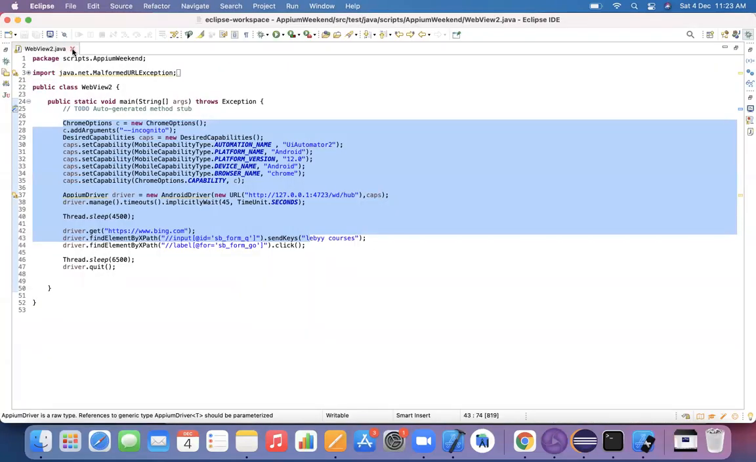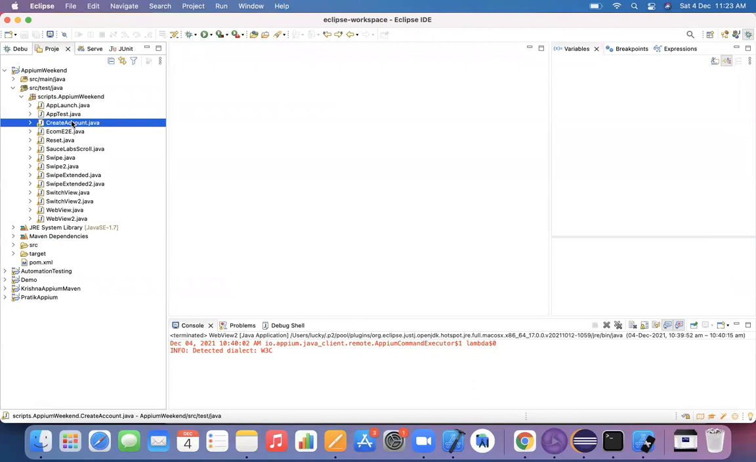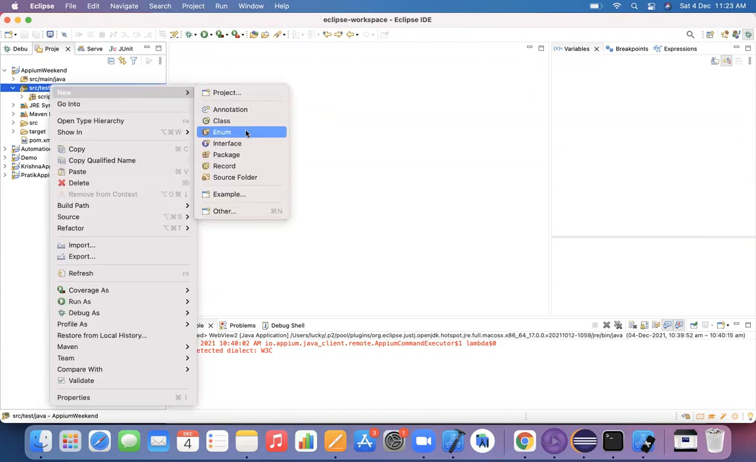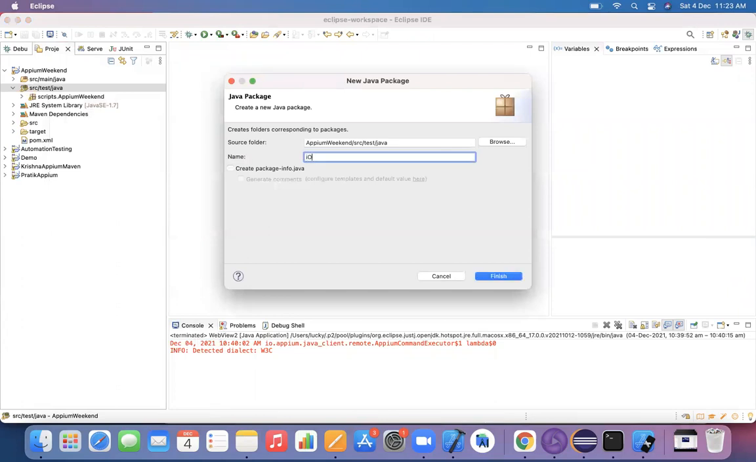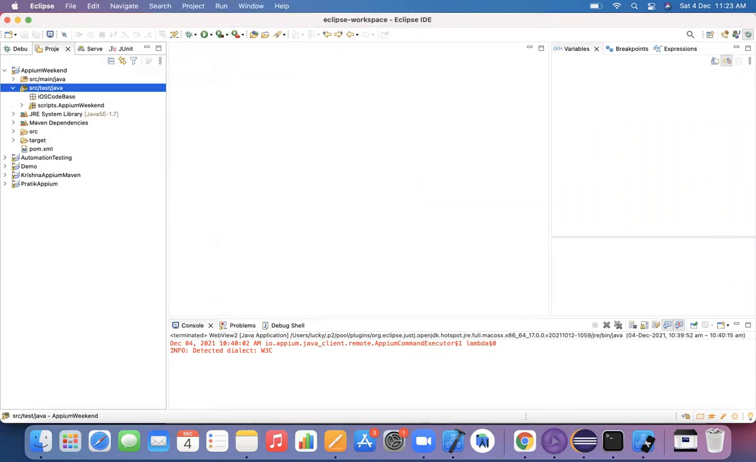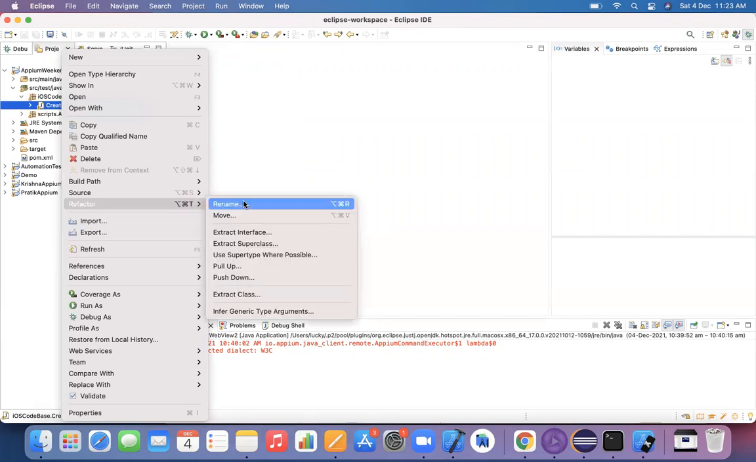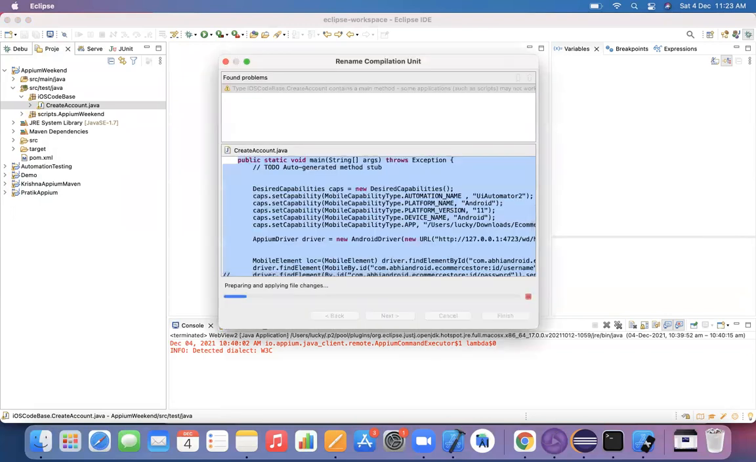So what I am doing right now is, for that, whatever Android native app code I have prepared, I'm just copying the same code and placing it here. Maybe I'm creating a new class or a new package here, and I'm naming it iOS code base. I just want to maintain my iOS code base here. And on this one, let me rename this code as